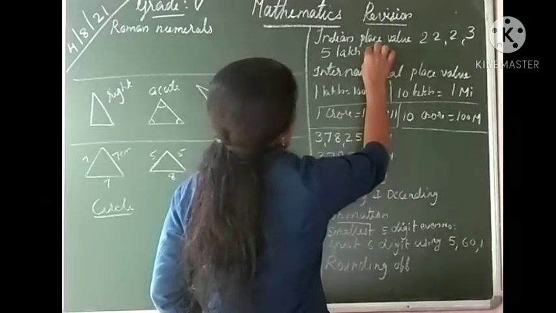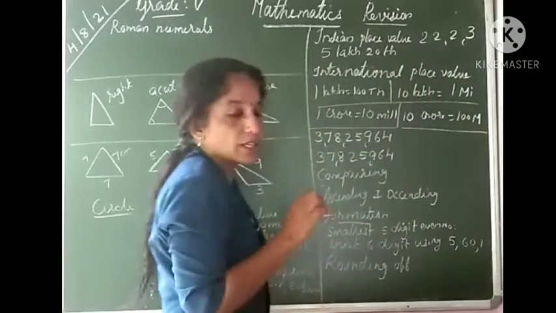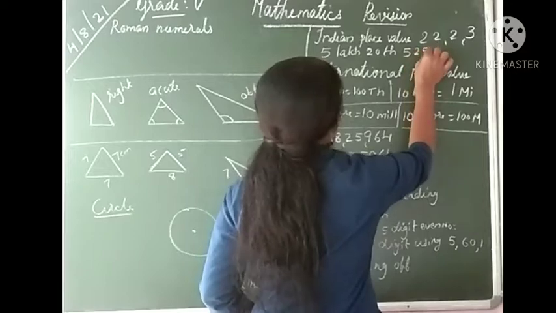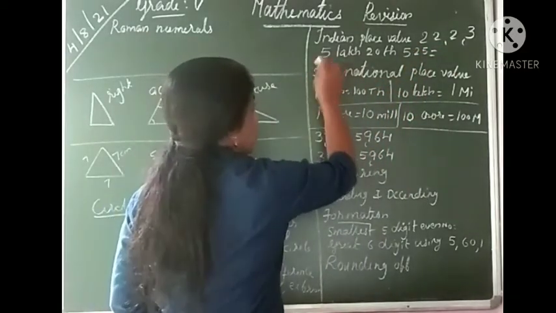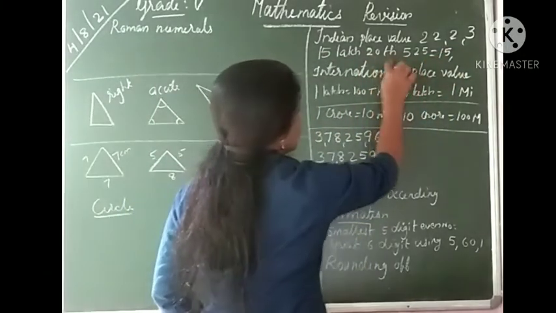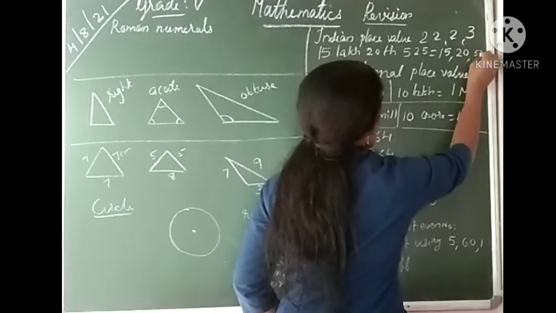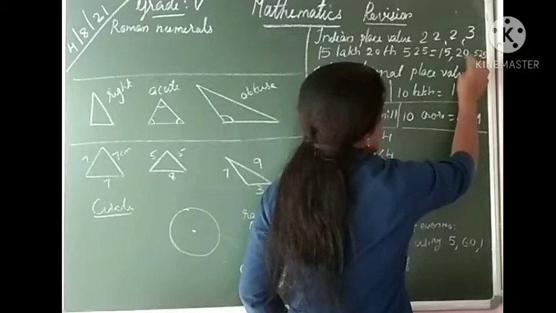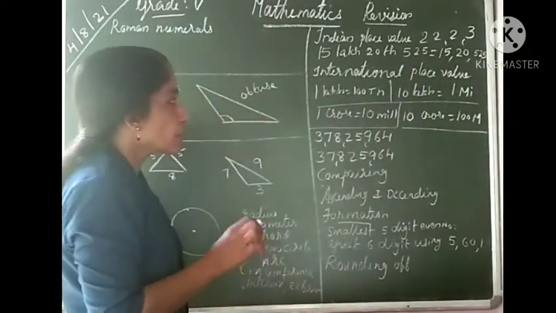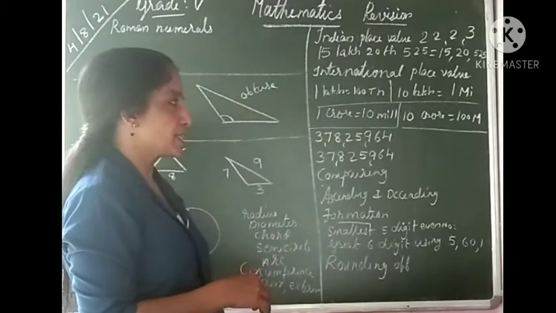Here, 5 lakh 20,000. I am writing in numbers because of the little space. 20,525. Then how can you write 15 lakh? First lakh 15, comma, then 20,000, then 525. Listen here. This is 3-digit number, 2-digit number, 2-digit number. If there is crore also, one more digit is there. If there is 10 crore, one more, total 9 digits are there.